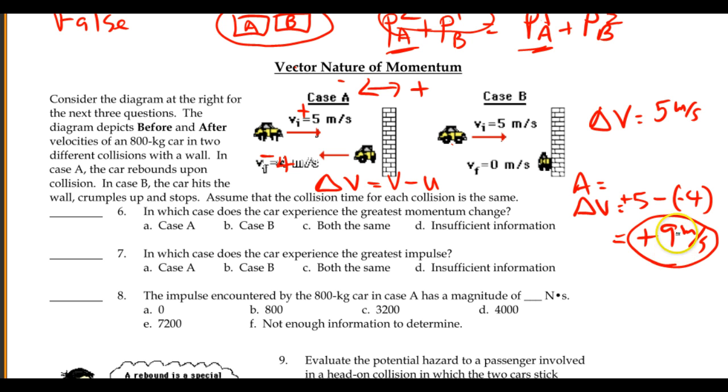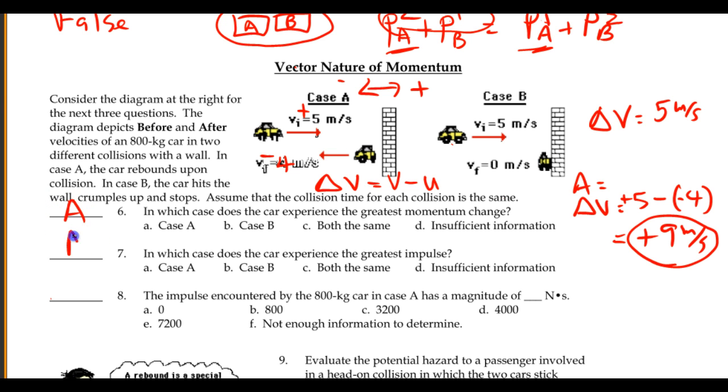difference. So while at first, with just casual glance, it looks like case A would be better for you, in fact, it's not. You're always better off absorbing the blow and sticking to something and losing that energy and that momentum rather than bouncing back off. Or in order to get you to turn around and move in the opposite direction, you have to get hit by a much larger force, have a much greater momentum change. Okay, so in which case is the greatest momentum change? It actually is case A.